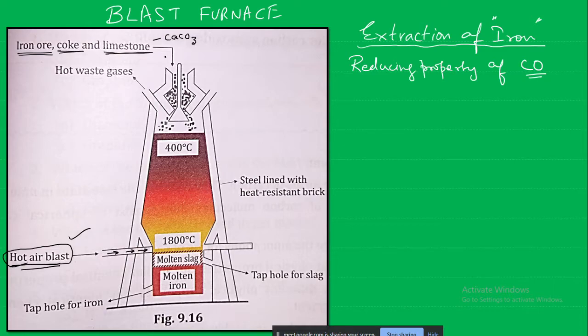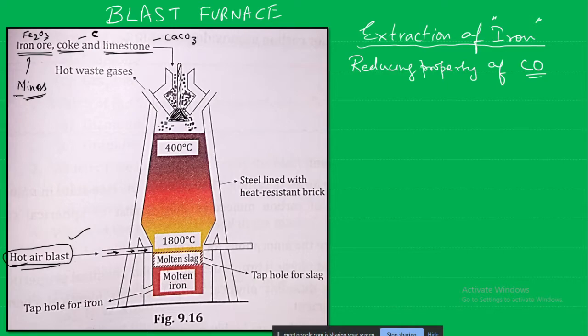Where does the iron ore come from? Iron ore is coming from mining, no, where we do the mining from the mines. People do the mining, no. So they use very huge excavators and all to get the coal and iron ores from the mines. So from the mines we obtain this ore.